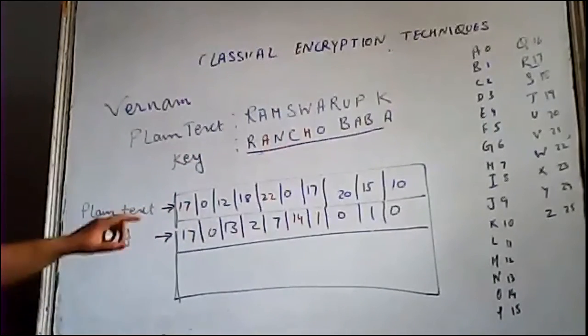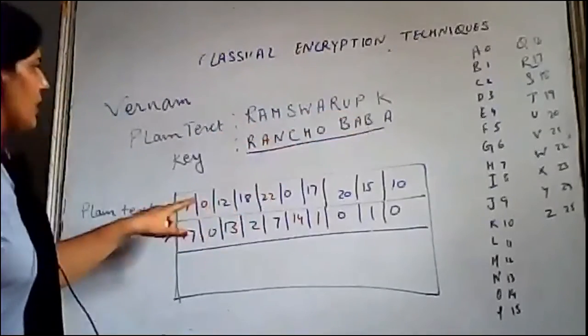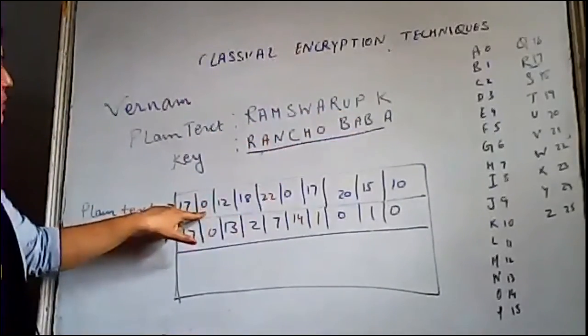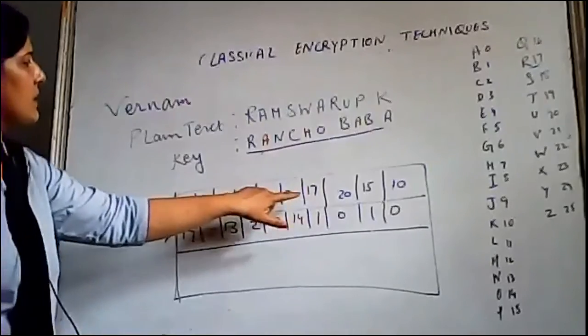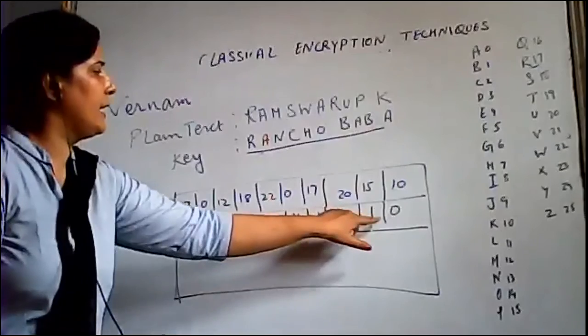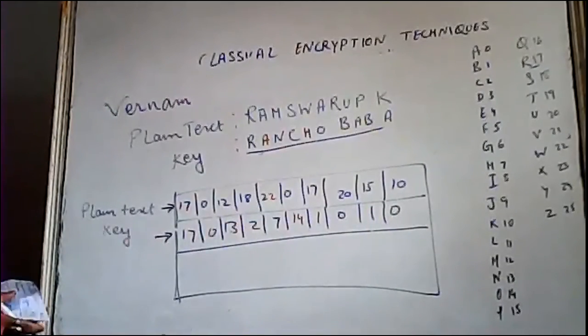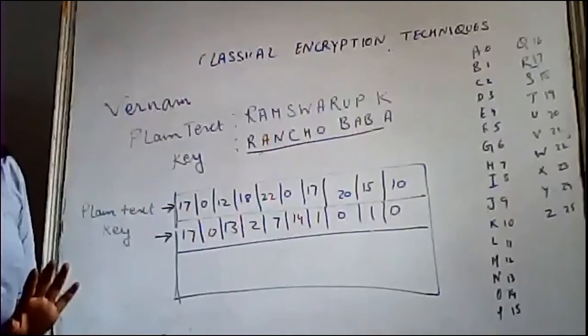Right? You can count and check that 10 alphabets are there, and we also have 10 numbers over here: 3, 6, 7, 8, 9, 10. And again 3, 6, 7, 8, 9, 10. So the first condition is that my key must have the same number of alphabets as the plain text that has been given.